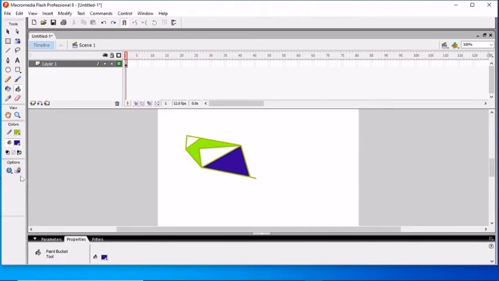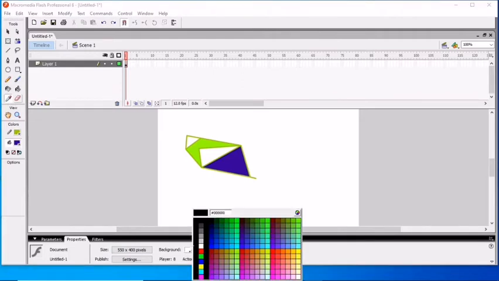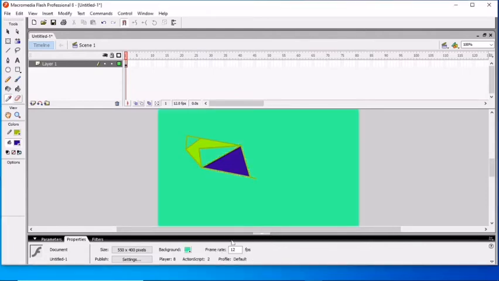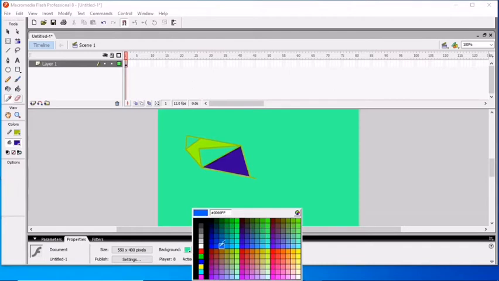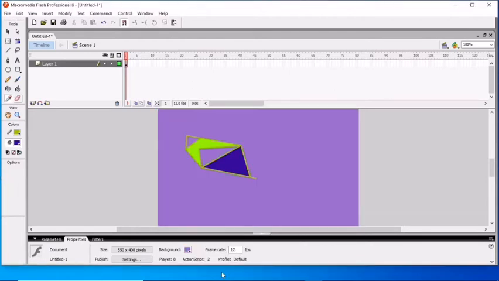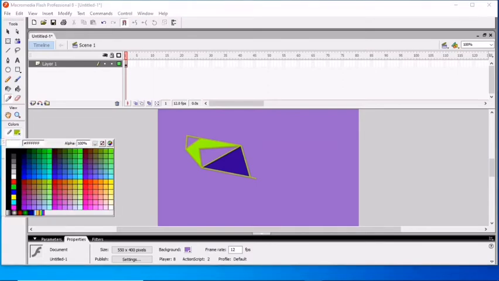The second one is the eyedropper tool. You can see this tool is the eyedropper tool. Select this tool, and here you can see the size appears, and the background color also appears. You can select any color of the background. For example, if you want to select a light color, this color will appear. If you want to change the color like this one, you can see the color will be changed. In this way you can change the color, and this also works if you change it here.